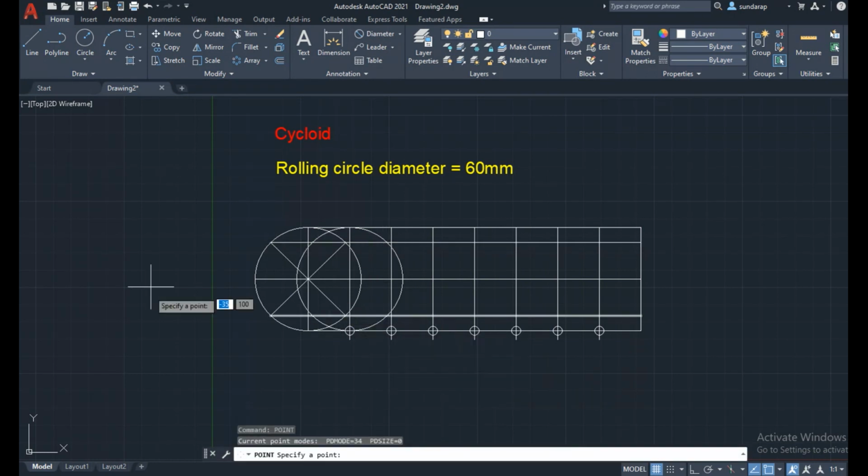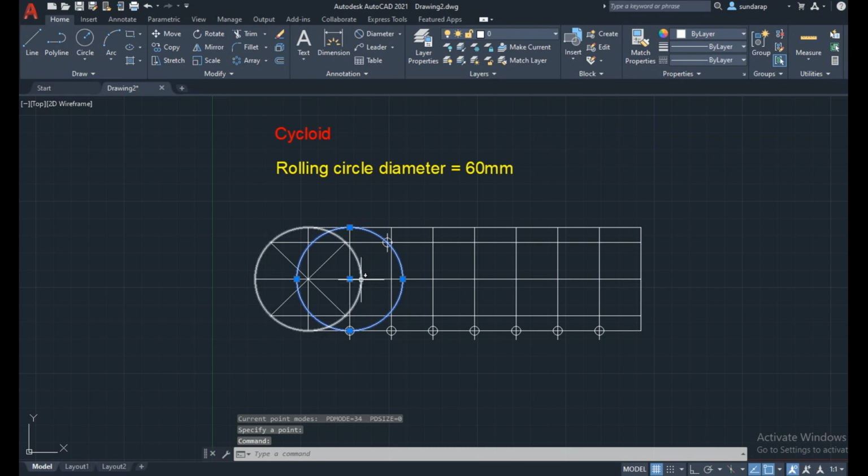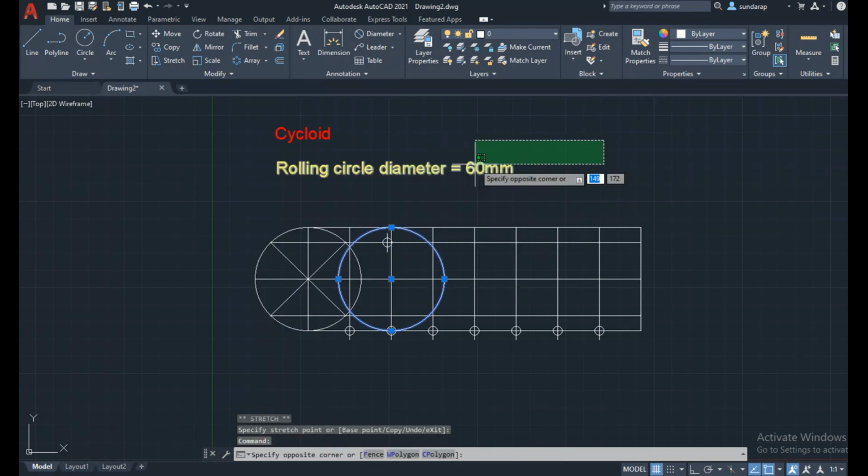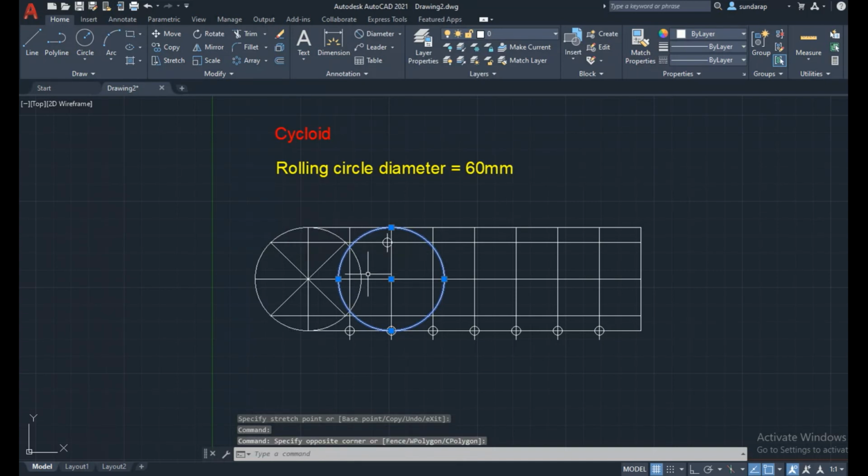So assume here the circle is rolling out along the circumference clockwise. When the circle rolls from the top point to this point, it will intersect over here. Similarly, from the second point, rolling out from the second straight line, it will intersect, so there also you can mark a point.